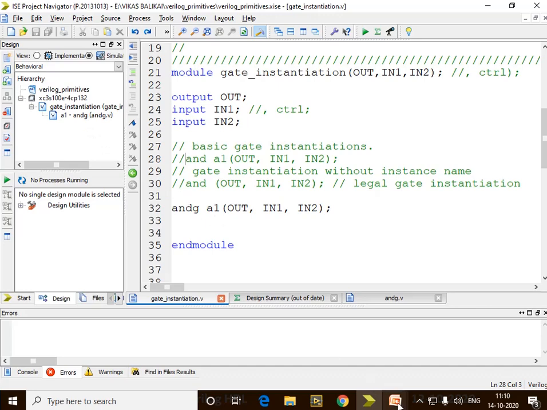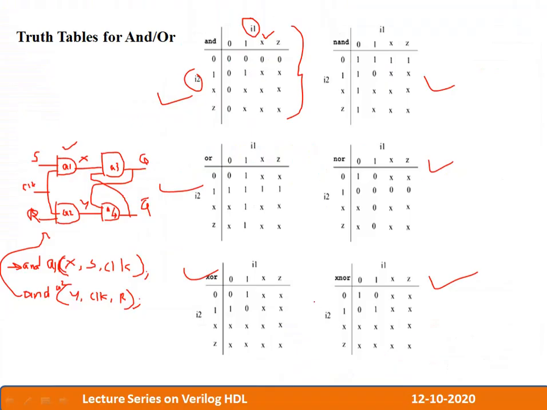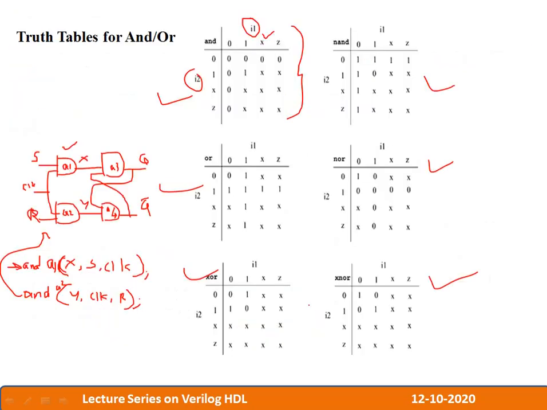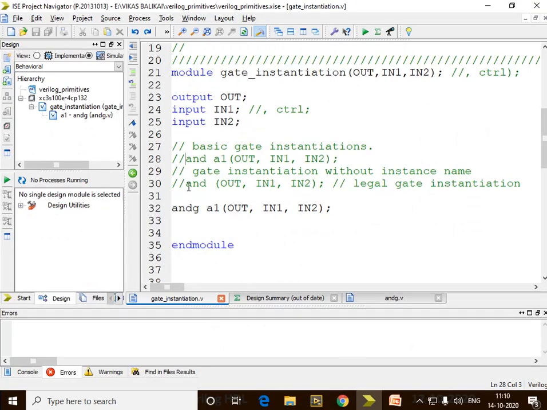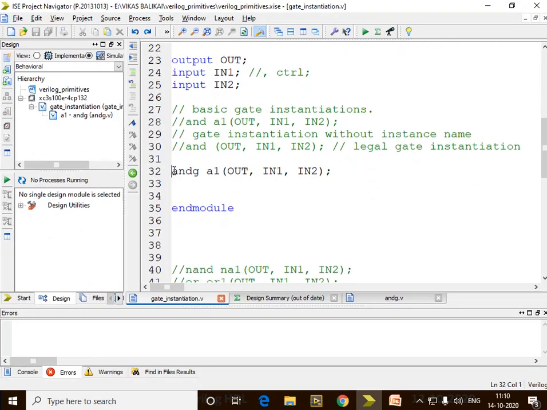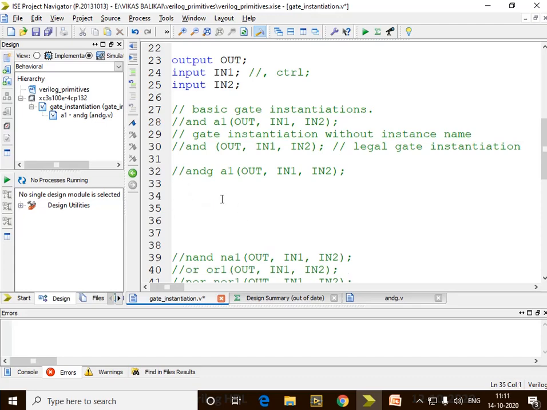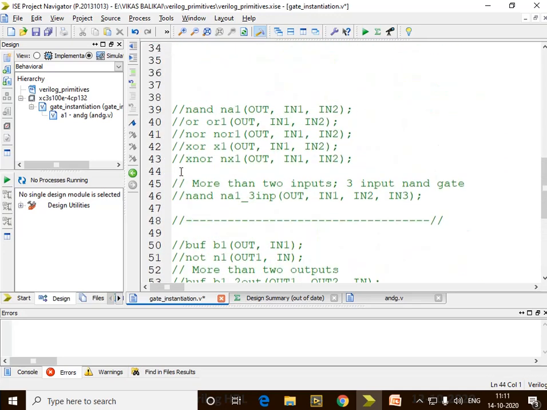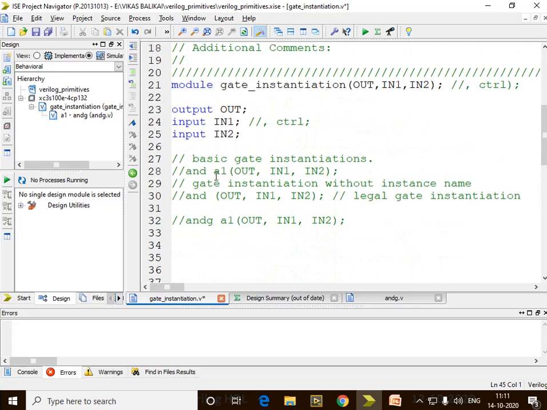Now let's go one step further and figure out what other gates are available. Like I was telling, there are different gates mentioned, that is AND, OR, XOR, XNOR. So let's try to simulate them as well. The quick simulation. The instantiations are the same. It has output, input. I can write inputs 1 comma 2 in the same line.